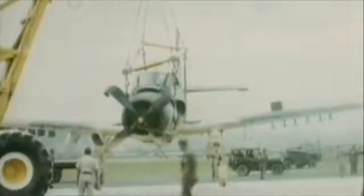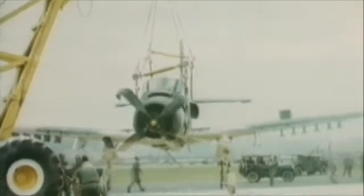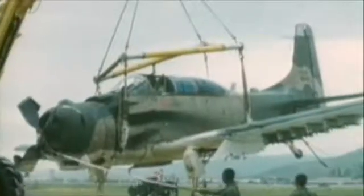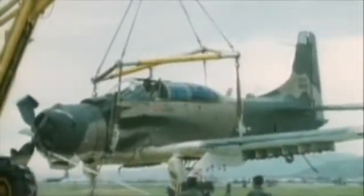The selection of propeller-driven aircraft for counterinsurgency reflects the advantage of this aircraft. They are less susceptible to being downed by small arms fire. They can loiter almost indefinitely and deliver their loads with pinpoint accuracy. The experience with the A-1s in Vietnam is so impressive that the Douglas Company is asked to provide an estimate